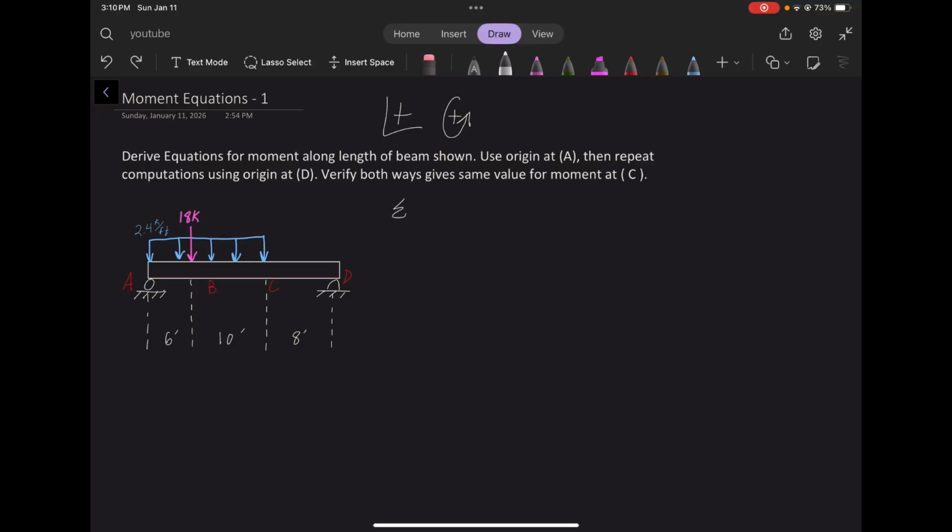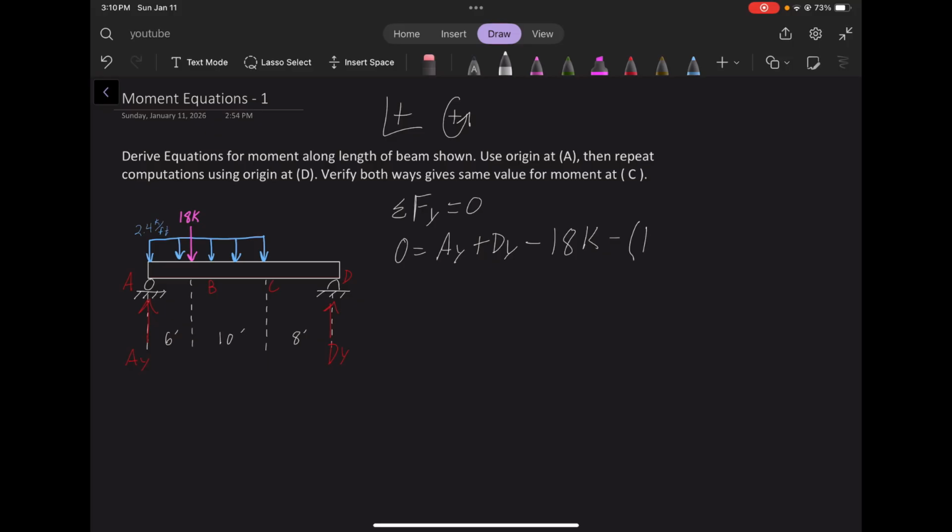So let's start with the sum of forces in the y equaling 0. I'm just going to use statics to really get through this. 0 equals, we have reactions here. We're going to call this AY and DY. Those are the only reactions in the y direction, and they're pointed upwards. So we have AY plus DY minus this 18K going down. 18, this is kips, but I'm going to keep writing it as K, minus the force of the distributed load here,